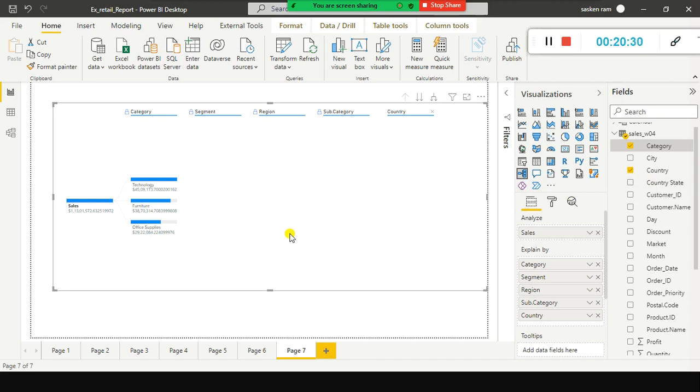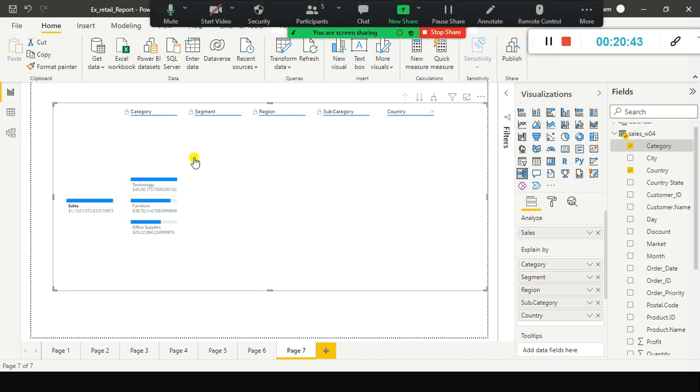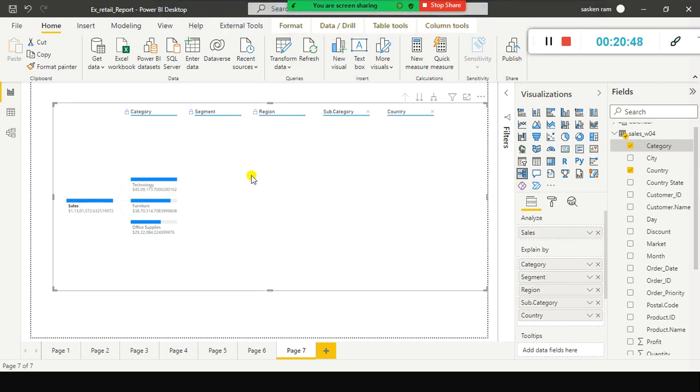It is pretty easy to understand the decomposition tree, and also to understand the rules or the path. For example, here I showed you in which country and which segment we are selling more. The high value, low value is an artificial intelligence feature. It enables us to quickly understand high value and low value in each segment, and based on that you can do multi-dimensional analysis. That's what we have seen.